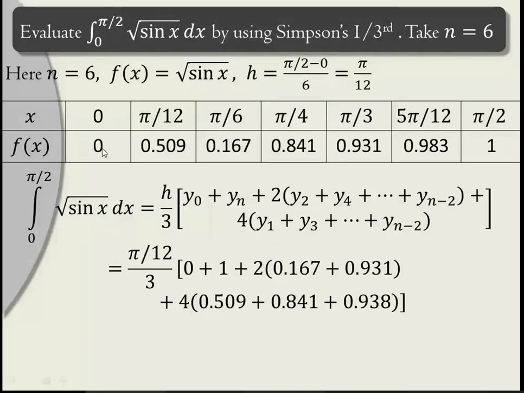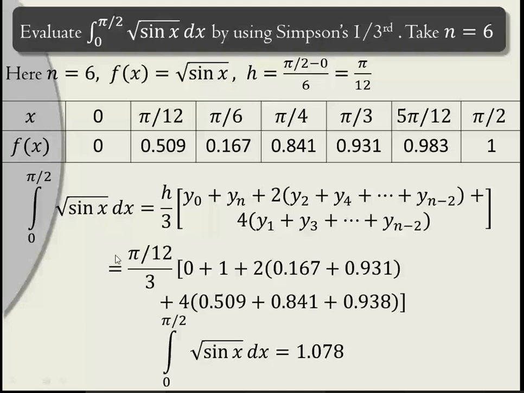So it is 0.509 plus y3 is 0.841 plus y5 is 0.983. Okay. Now do the simple calculation, just addition and multiplication by these terms, and it gives us the answer. So after simplification, substituting the value of pi and doing the calculation with all these terms, it gives us the answer